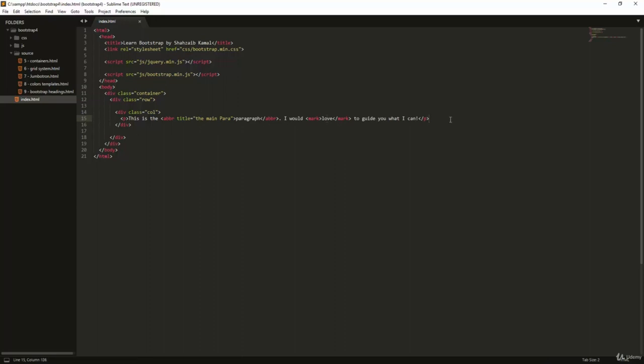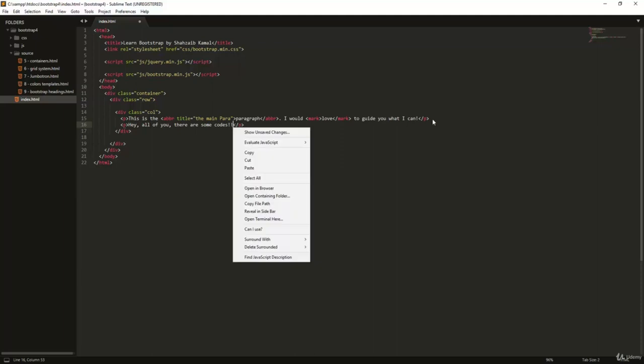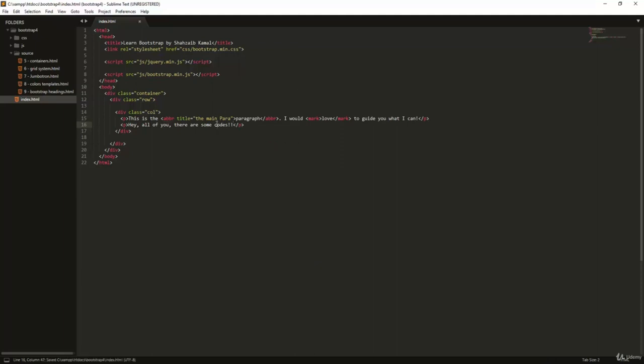Now I want to put something more interesting in the next paragraph. So I'm making another p. I'm typing here, "Hey, all of you, there are some codes. Well, you're missing that. There are some codes." Okay, so the codes, I'm going to cover them with the code tag. Oh, sorry, code tag actually. I'm going to the ending one, putting the same thing there, and going back to the browser